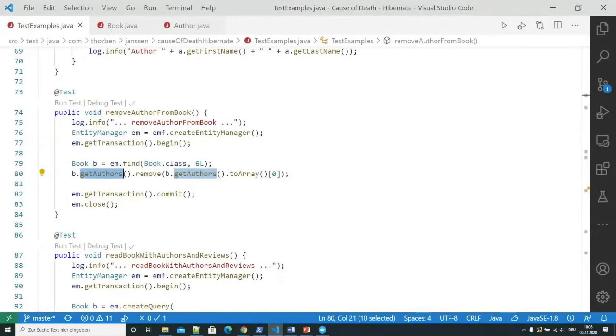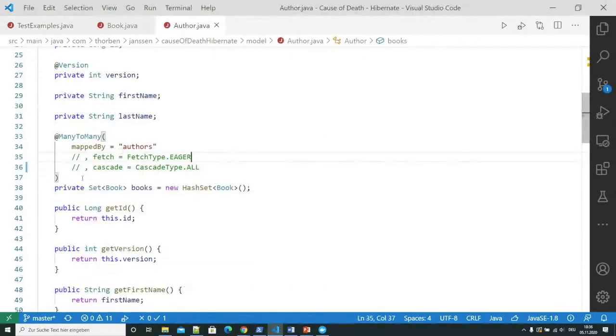Michael wrote, what if you need an order in your collection like a list? Well, first of all, I would question if you need the order for all of your use cases. If you add it to your entity mapping here, then the ordering would be applied each and every time you fetch the books for a given author.